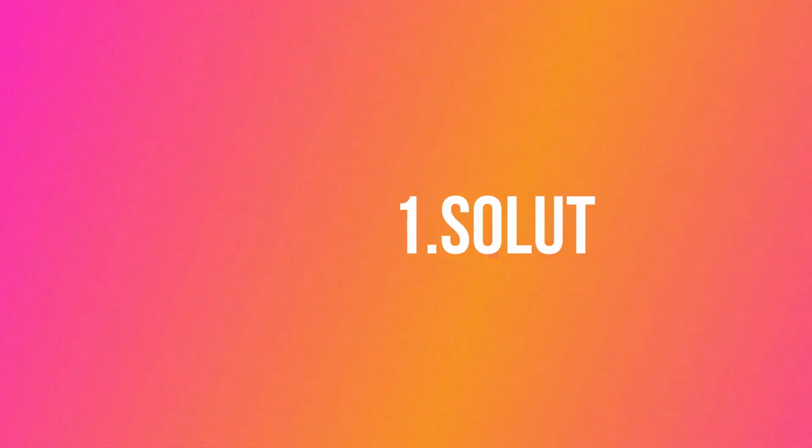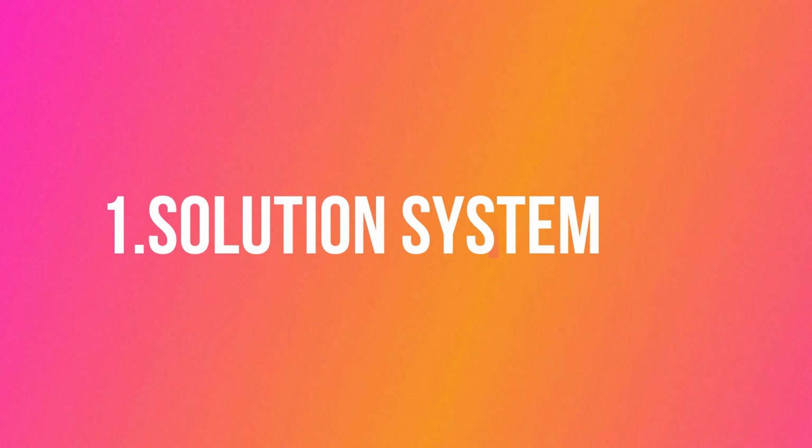The first one is solution system. This system is also referred to as a two-phase system, consisting of vapor and liquid phase. If the active ingredient is soluble in the propellant, no other solvent is required. The vapor pressure of the system is reduced by the addition of less volatile solvents such as ethanol, acetone, propylene glycol, glycerin, ethyl acetate. This results in production of larger particles upon spraying. The amount of propellant may vary from 5% for foams to 95% for inhalations.